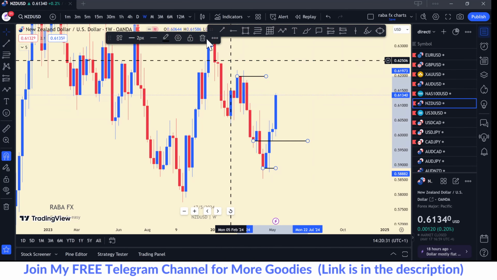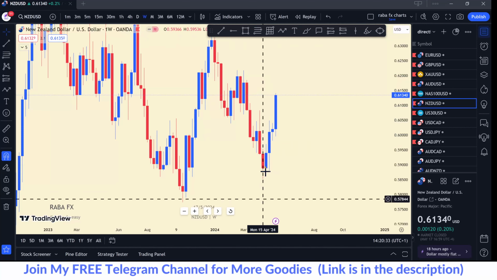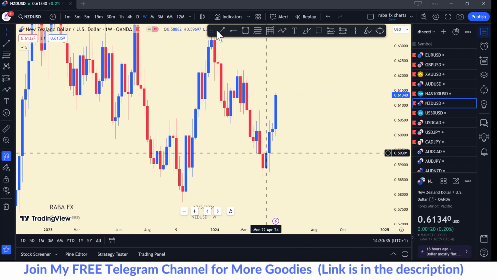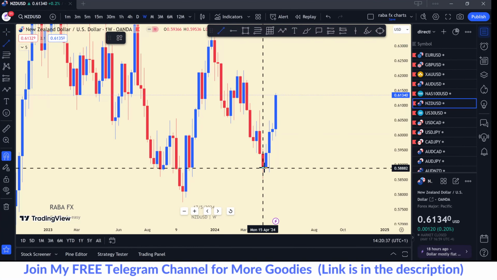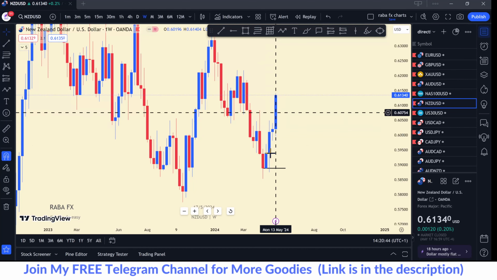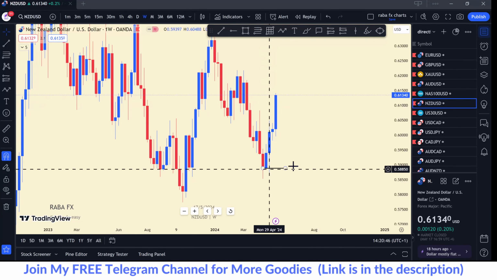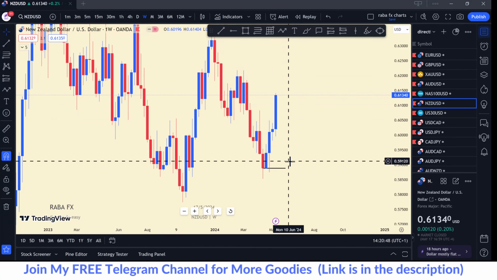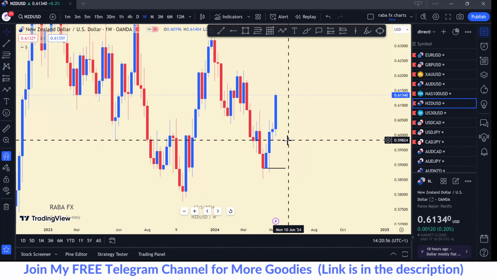So now, NZD, as you can see, we moved from this area. You can see, whenever the opening price holds its ground, almost every time there's going to be a reaction, especially if the directional bias is confirmed. Now, there are ways you can understand if the directional bias is confirmed, all right?